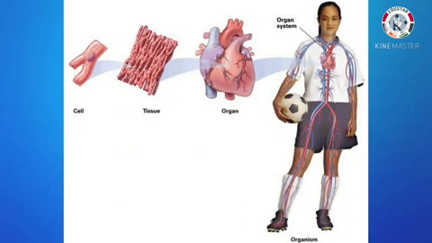First, let's discuss the structure of the human body. Our human body is made up of millions of tiny structures called cells. The cells are the smallest units of the body. These cells are of different types. The cells of the same type join together to form a tissue. Different tissues join together to form an organ, and different organs join together to form the organ system. Different organ systems work together to make the body do some activities.